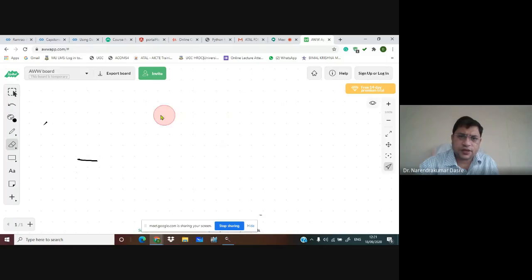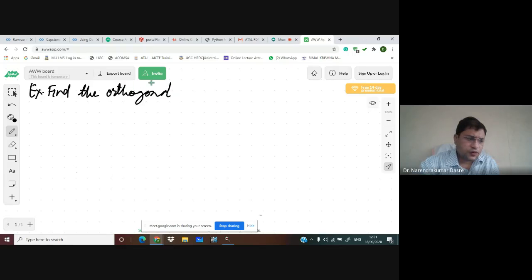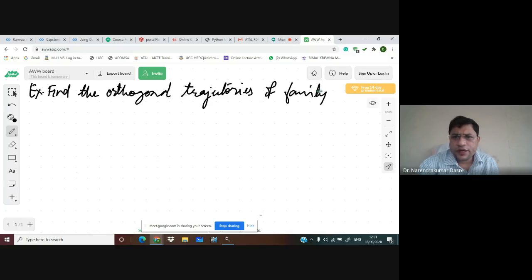Find the orthogonal trajectories of the family of curves